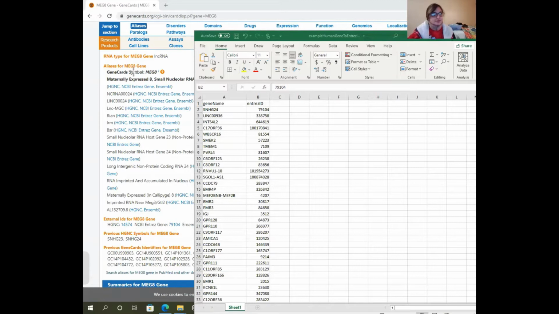So for instance, what you're going to see is that this is the SNHG24, which is what this is over here. And it corresponds to the ID that I've identified here, which is 79104. Okay. Which is what this is here, and it's one updated gene. So anyways, these are all the respective IDs that I looked up and mapped them